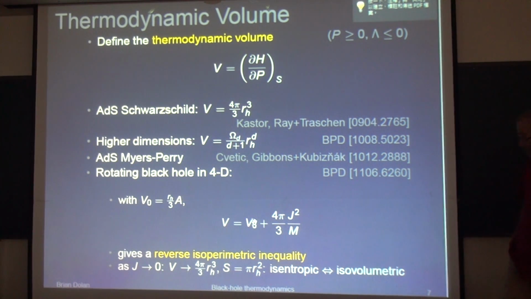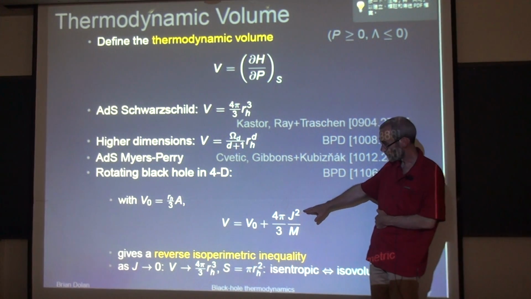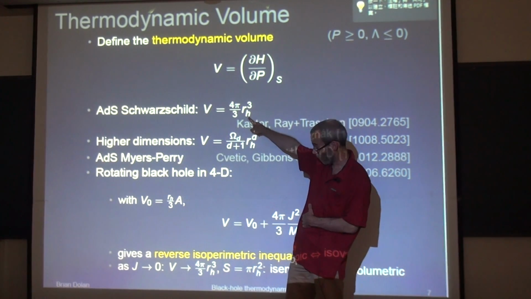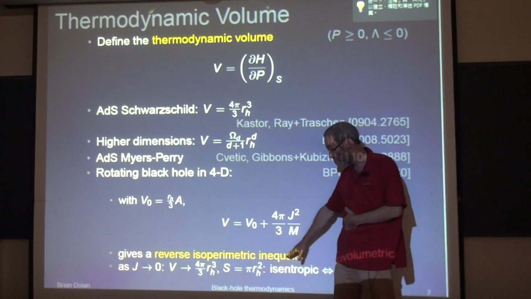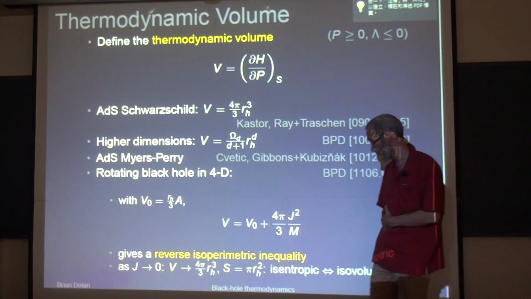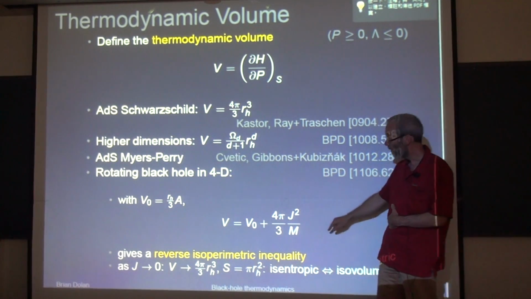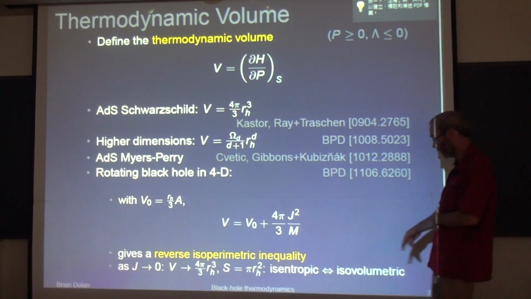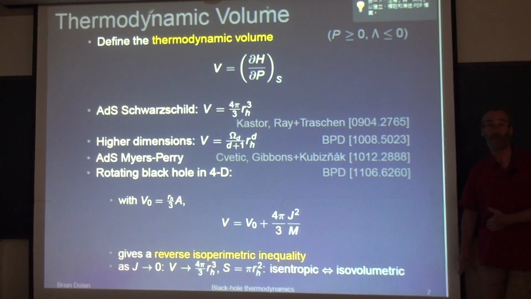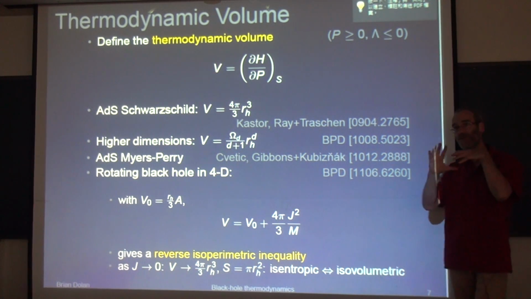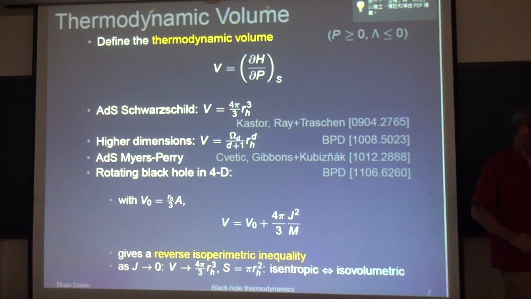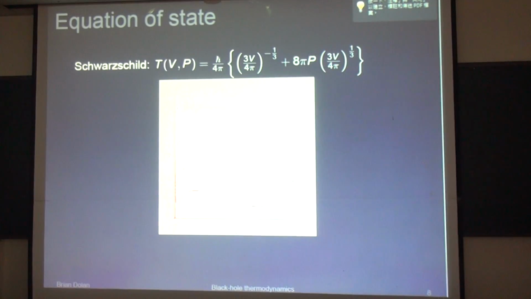And as a consequence, I want to point out from this formula that as the angular momentum goes to 0, and we saw this in the reduction, the volume, well, I have the volume here, 4 pi over 3 r_h cubed. The entropy, of course, is pi r_h squared, the area of the event horizon. So this means that as the angular momentum goes to 0, the entropy and the volume are not independent. An isentropic process is the same thing as an isovolumetric process. That's not true when, in order to make the entropy and the volume independent of each other, you have to make the black hole rotate. And you can do that, but if we focus for the moment on the non-rotating case,